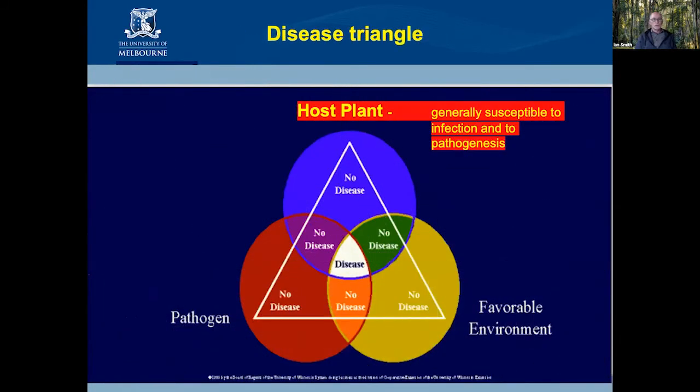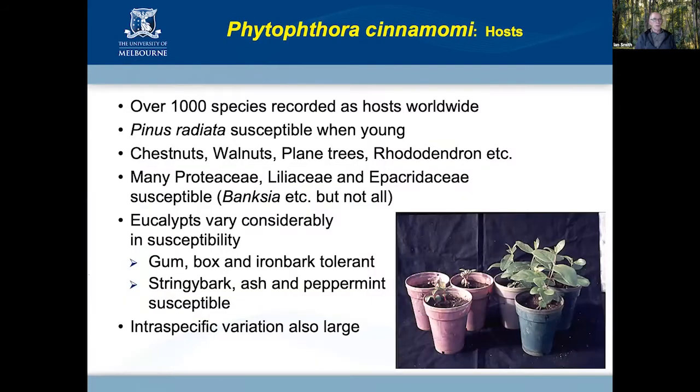So if we look at the disease triangle, what can we do with a host plant? The host of Phytophthora cinnamomi, there's over 1,000 species recorded as hosts worldwide. Chestnuts, walnuts, rhododendrons, Proteaceae, Liliaceae, Pachydermaceae, susceptible Banksias, but not all of them. Eucalypts vary considerably in susceptibility. In fact, eucalypts were, in the 1970s when I started with the department, a lot of